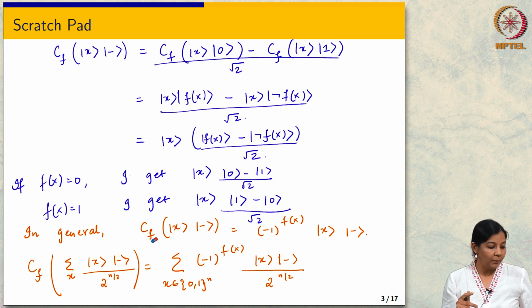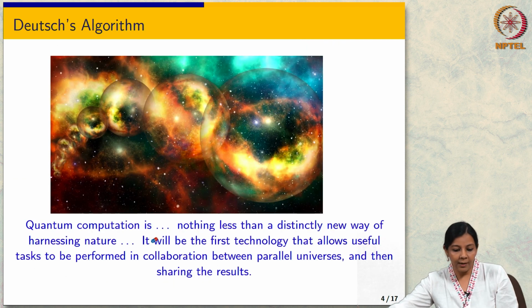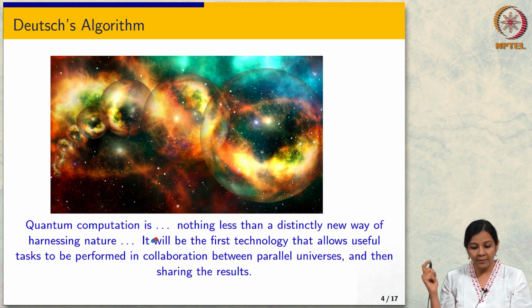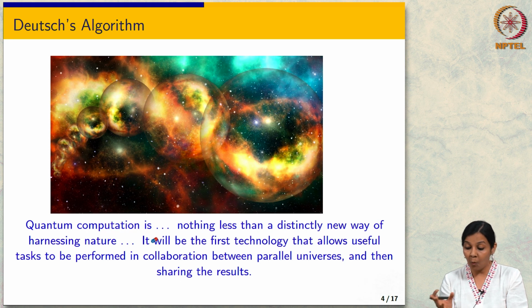Any questions about this? So now we'll go right into Deutsch's algorithm. Great, so let's jump into Deutsch's algorithm. Deutsch is famous as one of the founders of quantum computation together with Richard Feynman, and he has a book that he's written. I believe it's called The Fabric of Reality. I haven't read it myself, but there is this quote of his from that book which is really famous. So what does he say?